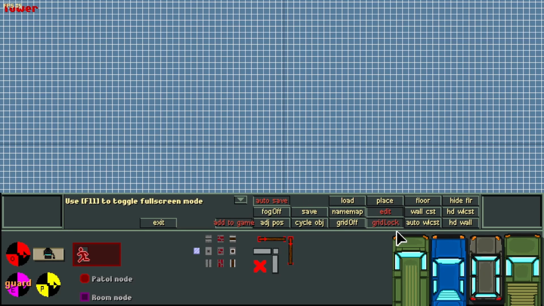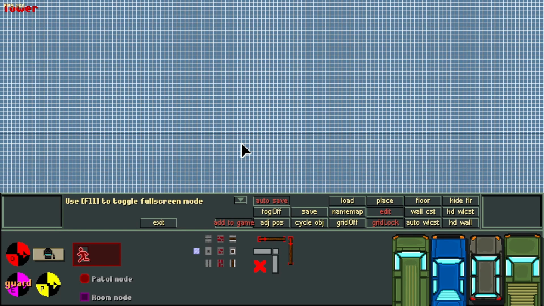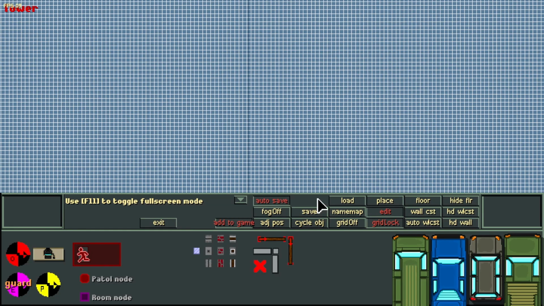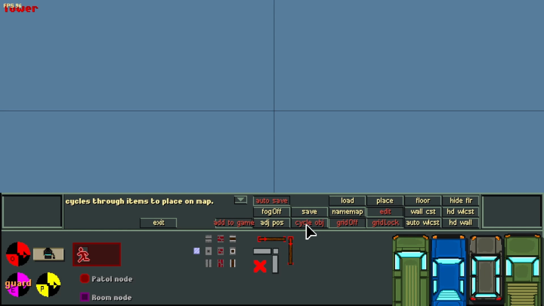We're going to keep it in edit mode, and so WASD will scroll us around the map. The mouse wheel will zoom us in and out, and what I will do is we'll take grid off, and we'll turn the grid off. Now you have cycle object here, which will cycle through all the different items. Down here you can place,